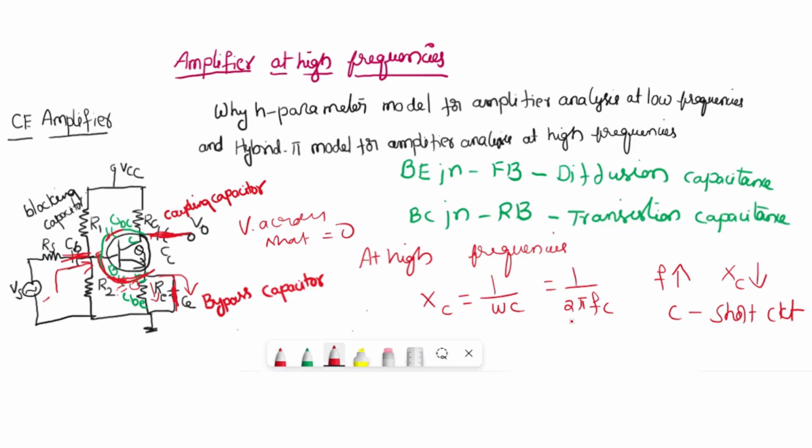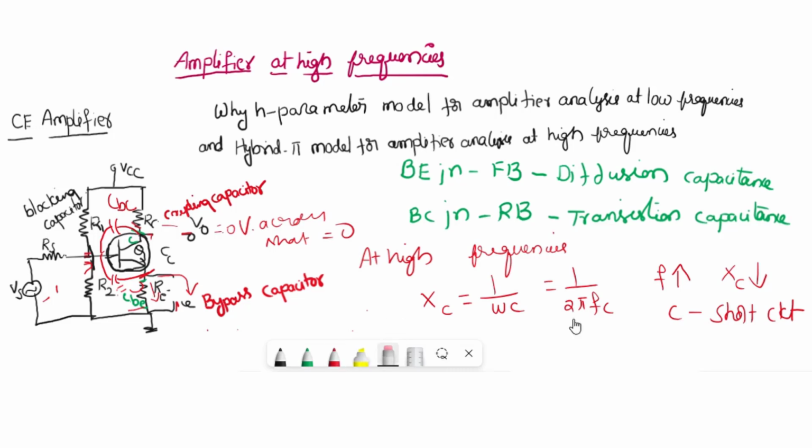Coming to the output, between the base and collector also the output is short circuited, means the output voltage becomes 0 because it is short. Though CB, CE and CC are supporting the operation, these short circuits of the junction capacitors make the output voltage decrease. So at high frequencies, CBE and CBC are playing a major role. That is the reason you have to keep these two, and you can short all other three external capacitors. So now if you keep only these two, the circuit is like this.